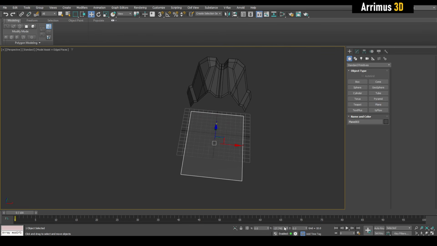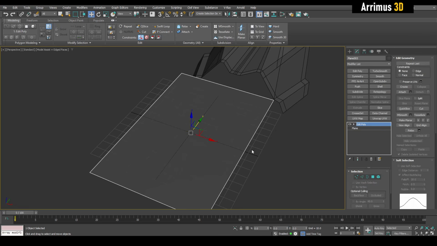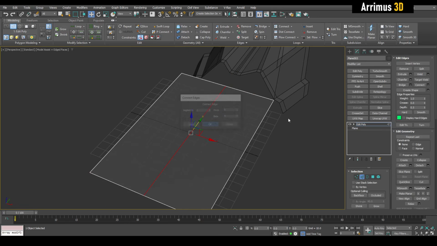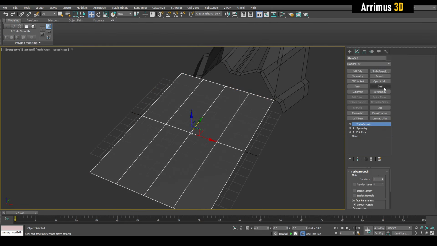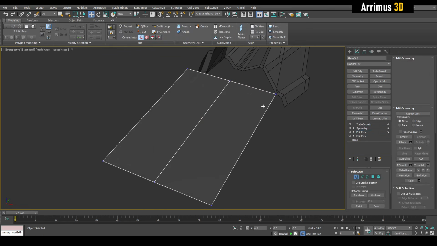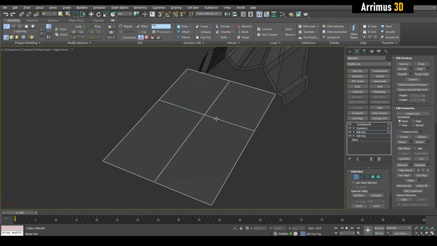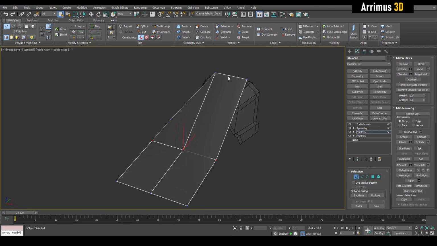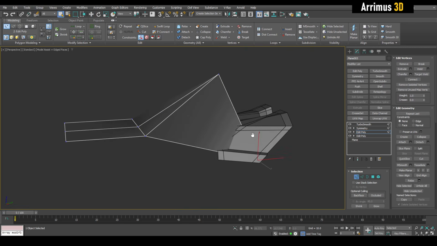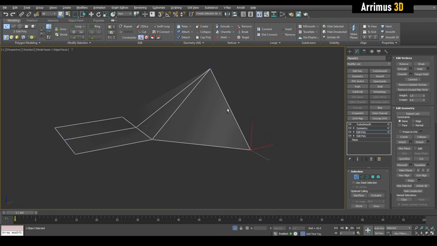So if I create a plane like this, let's go ahead and do some basic modeling here. Let me go ahead and symmetrify this, and then turbo smooth. So guys, there are lots of things that we can do very easily with polygons. Just kind of move this up here. We can connect these vertices, move this down, and get all sorts of interesting curves here that would take a lot